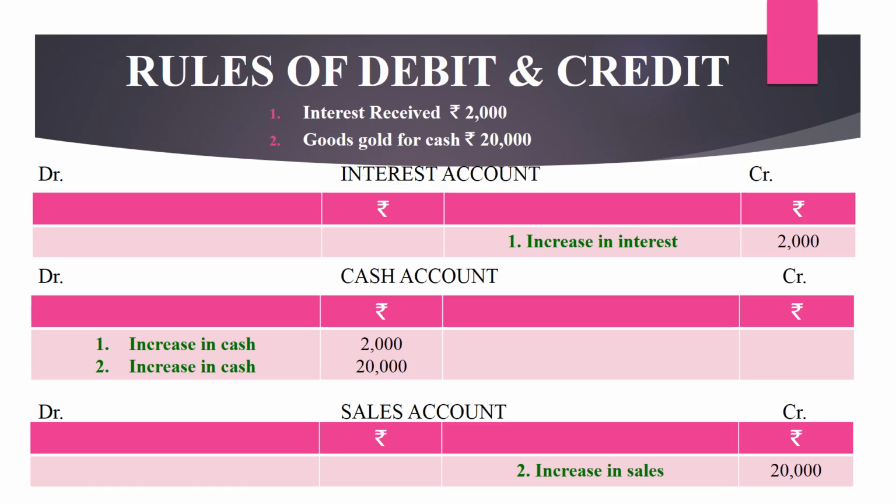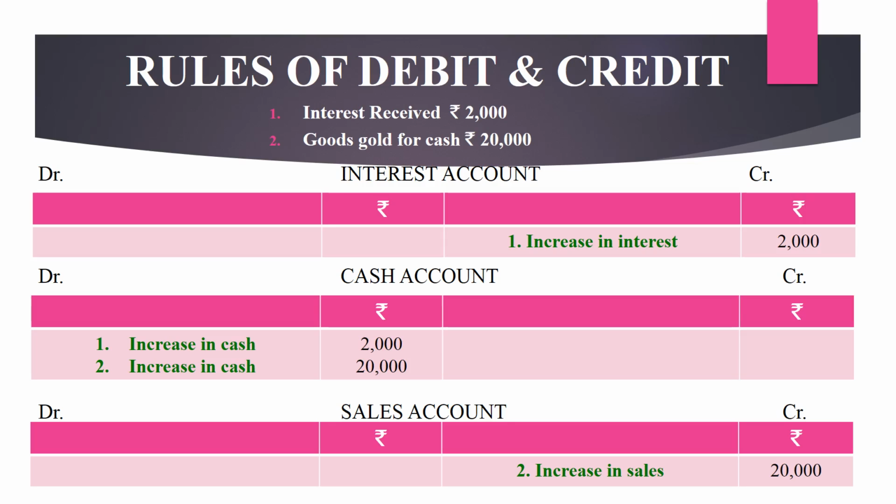Okay, now example of revenue account, interest received. Now you have received interest of rupees 2,000. So cash increase हो रहा है. So cash is your asset. So asset side we will record on the debit side, whereas interest it is your income. So income increase हो रहा है by 2,000. So we will record on the credit side.